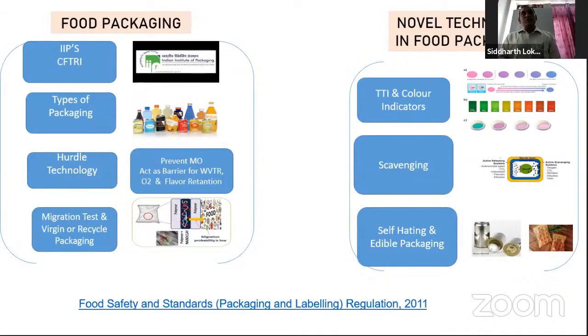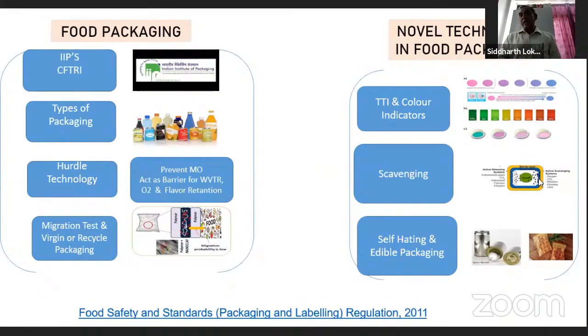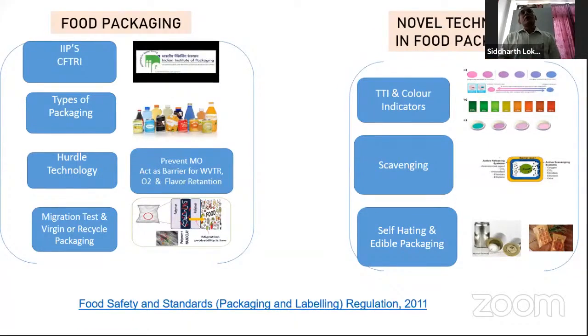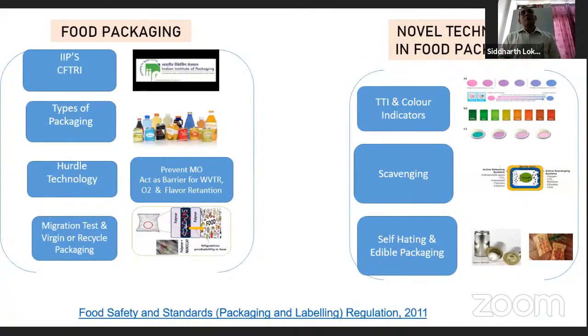If we move toward this particular subject, that is food packaging, there is a very big role of some organizations. Intentionally, I have a quote here: the Indian Institute of Packaging, 4 IIPs in the country. One is in Mumbai, then Delhi, Kolkata, and Chennai. These 4 IIPs are giving knowledge related to packaging. And again,